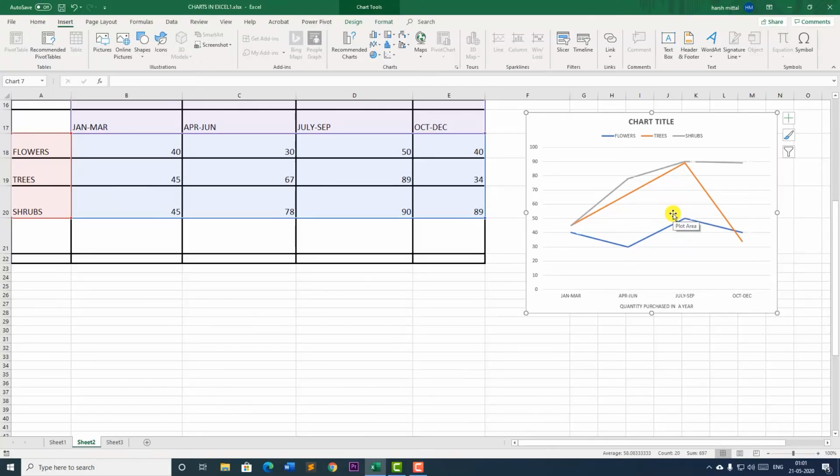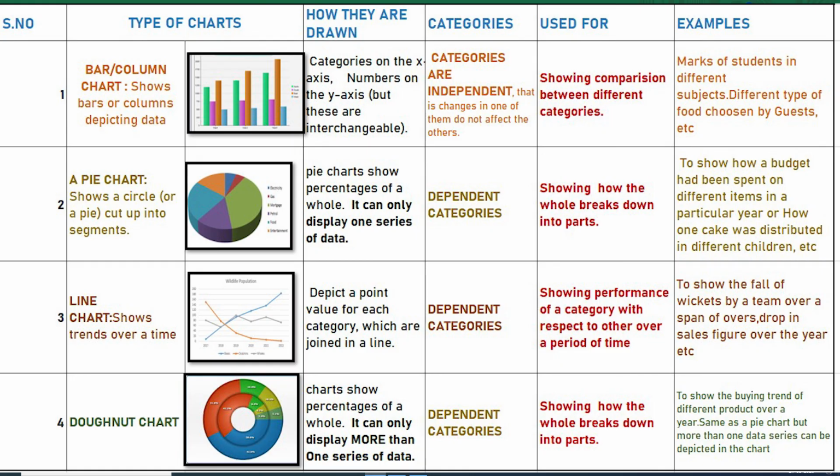So I think it's clear, children. We have discussed 5 categories of charts, and here we have a comparison of all the different types of charts in Excel, that is the bar chart, column chart, pie chart, line chart, and donut charts. So now, children, we'll be practicing the charts. Here I've given you some examples. Use these examples and make charts for them so that you can revise the various categories of charts also, and the various elements in each category also. Do save your work.